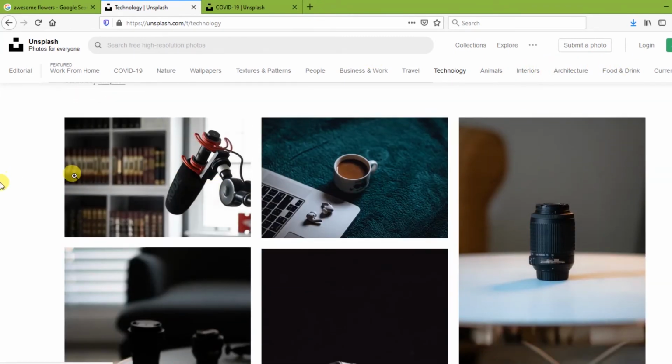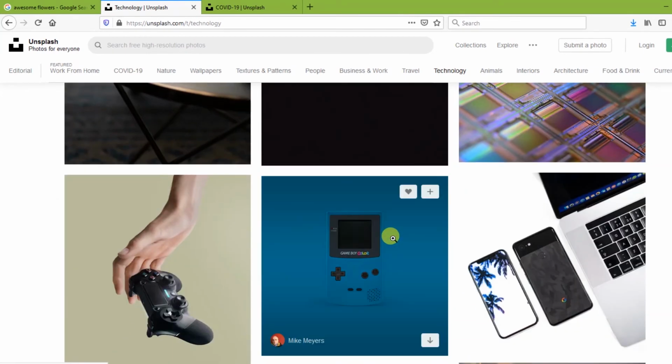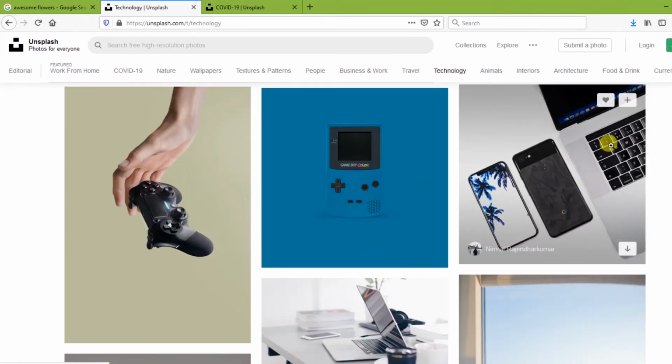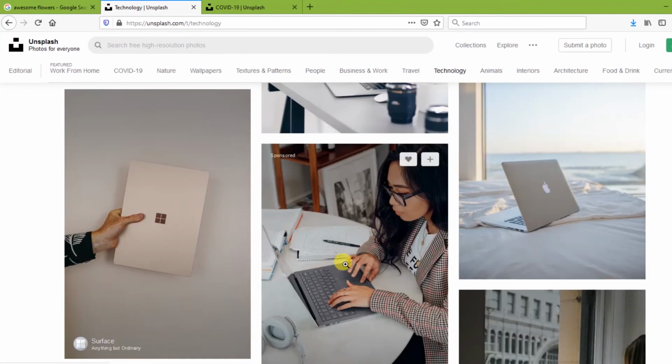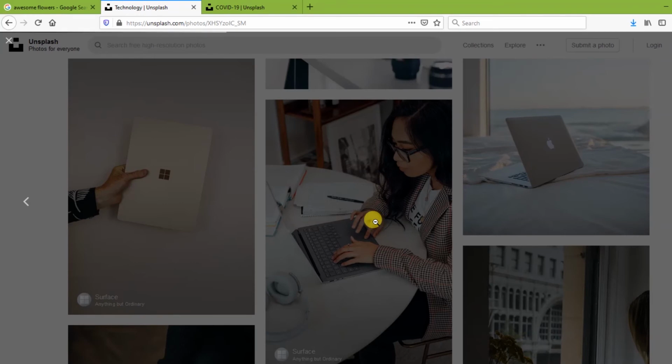The search bar is there, there are categories, technology, animal, indoor, everything is there. So here I can see if you search for a Rode mic, here is the stock image, here is the computer, a cup of tea, a camera. This website is amazing and the quality is no doubt awesome. Here you can see this is the MacBook Pro, and this is the camera lens. Here is a Google mobile, this is the MacBook Pro. So if you are building any kind of website, you need stock photos, like digital agencies. So these particular images are going to be killer.